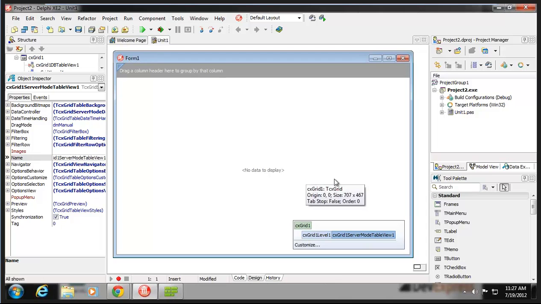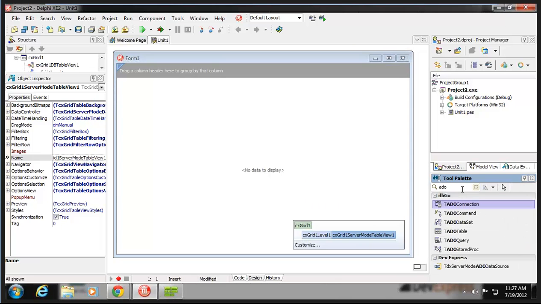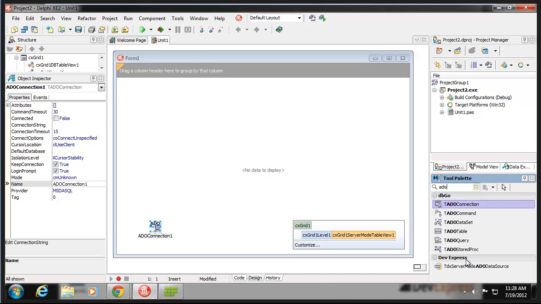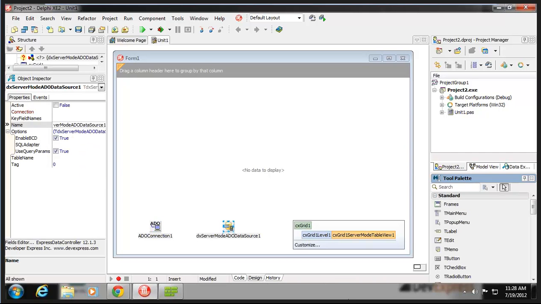Okay. Now I'm going to use ADO to connect to my SQL server. So we're going to have an ADO connection. We'll just drag that on there. And from the ADO connection, we're going to have a data source which is going to do all the hard work for